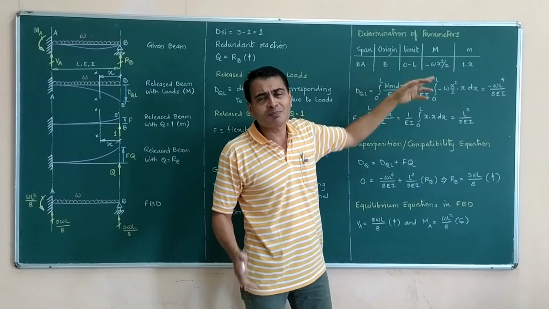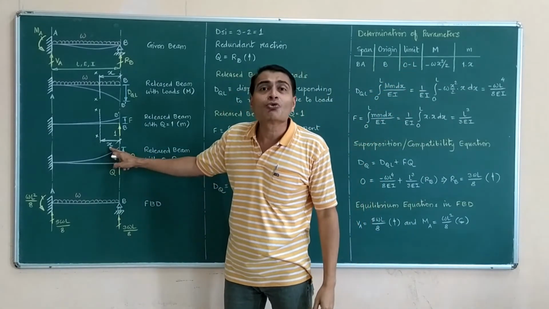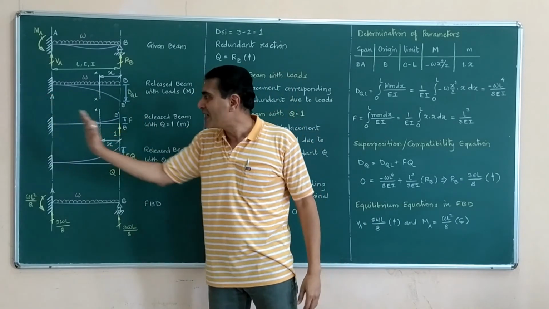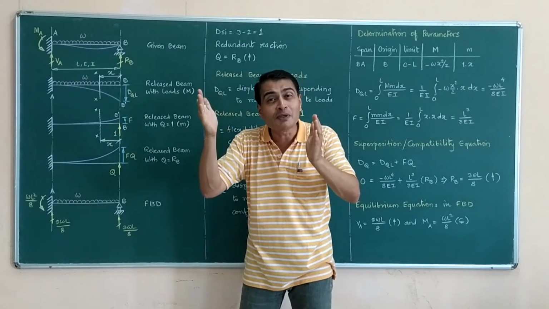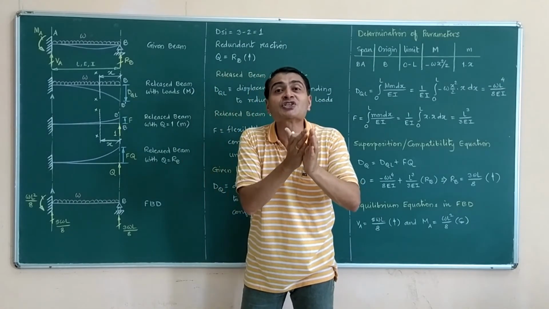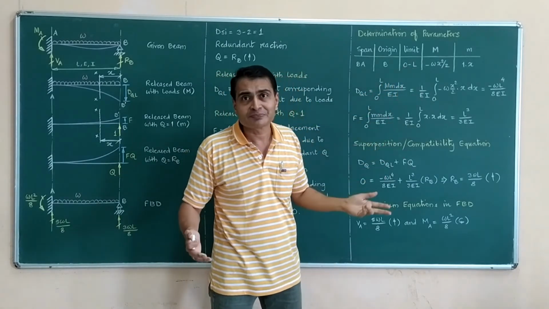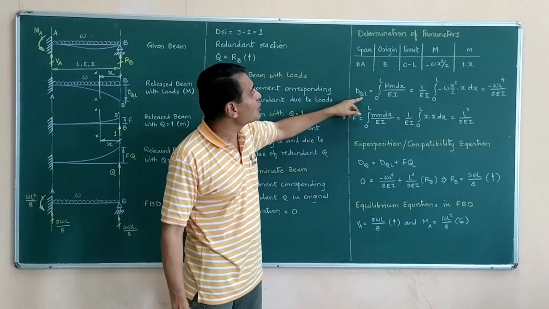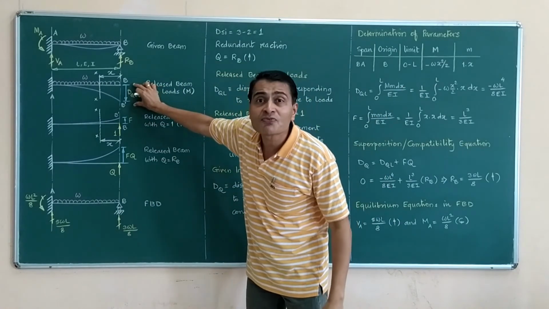Limits I have written because there is only one span, so the x variable is going to change from 0 to capital L. As I move this section over the entire span, it will take up least value 0 and highest value L. So those are the limits of my integration. And now I have two expressions, dqL. How do I calculate this particular deflection?